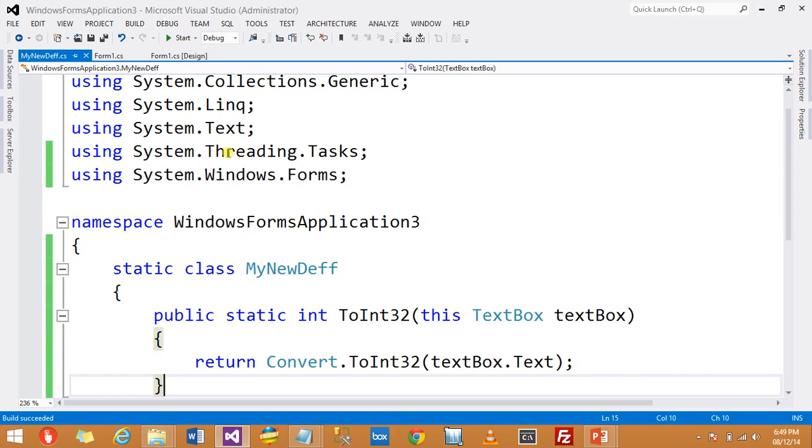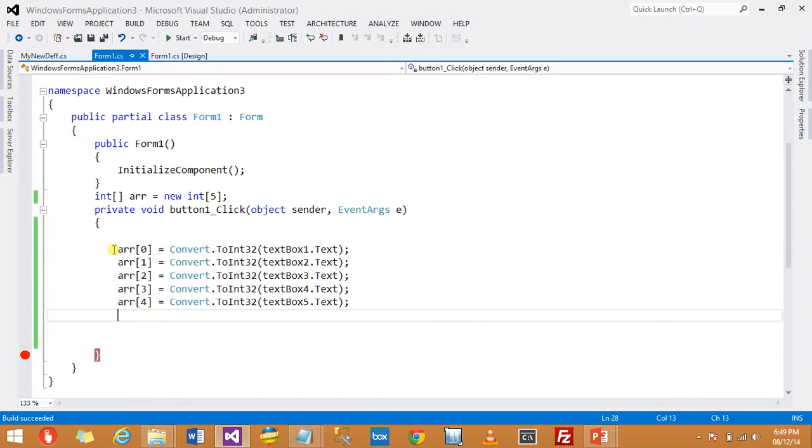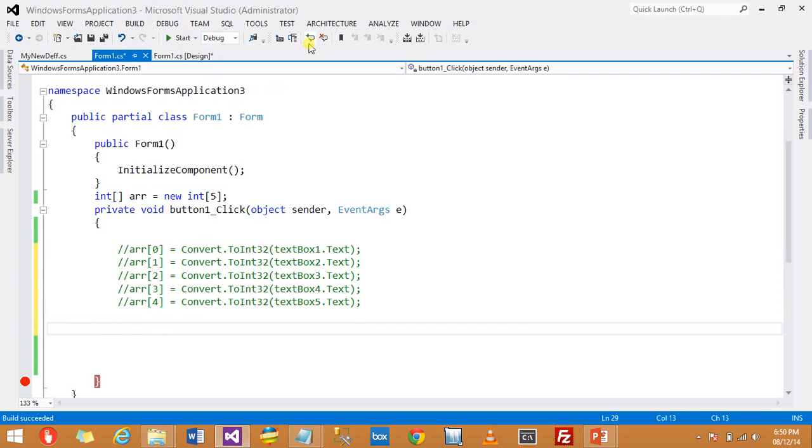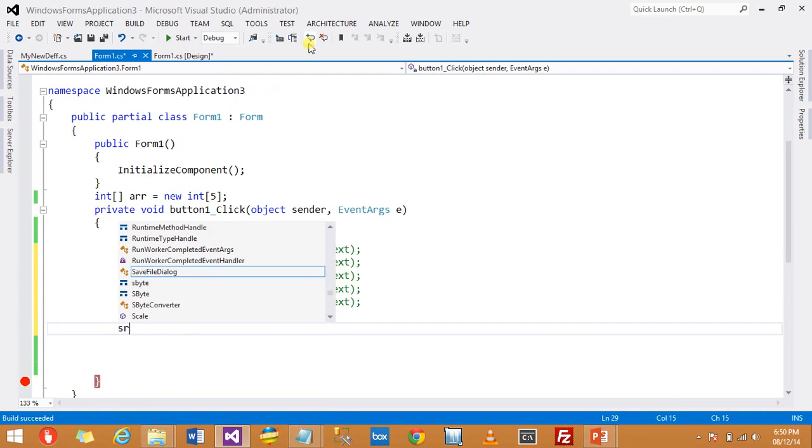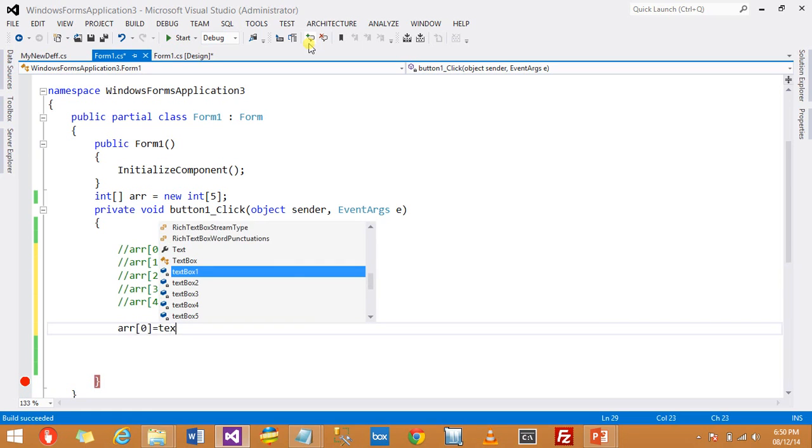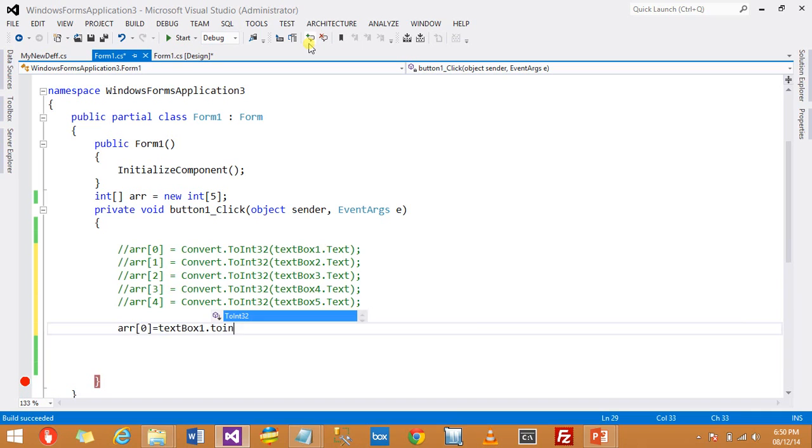Now I'm going to compile my program, and I'm commenting out my previous code. Suppose I have to assign the array's value at index 0 from textbox1.ToInt32.